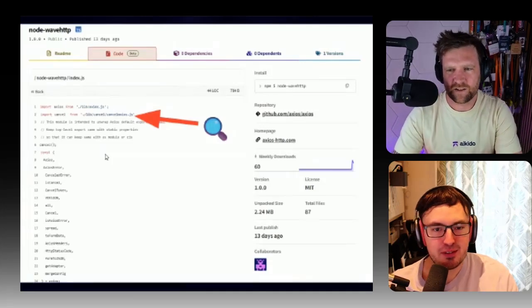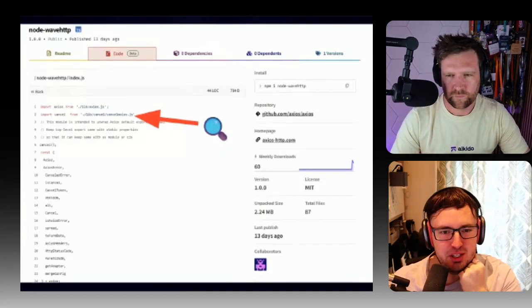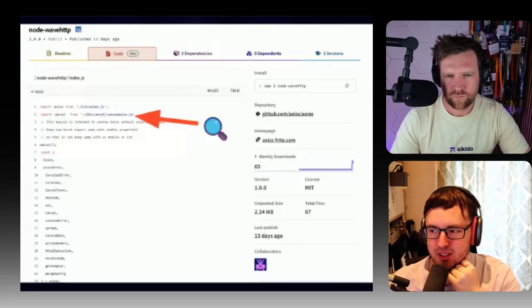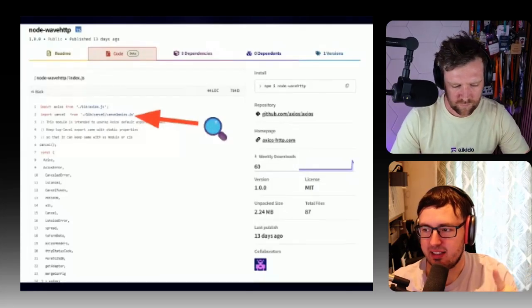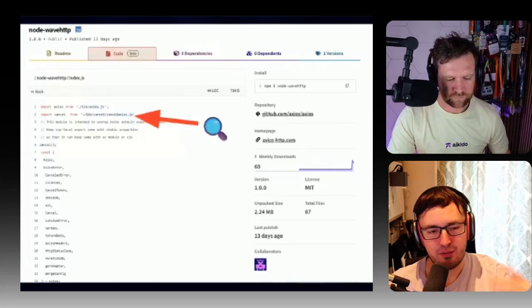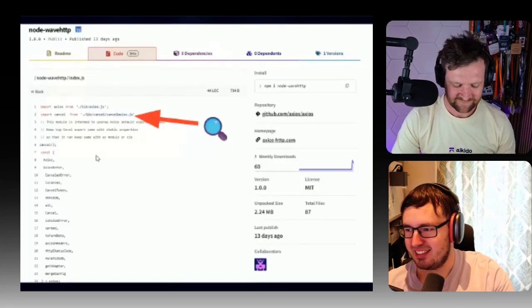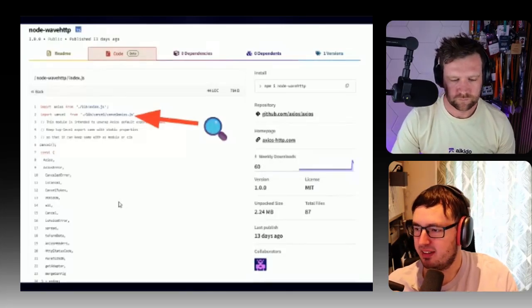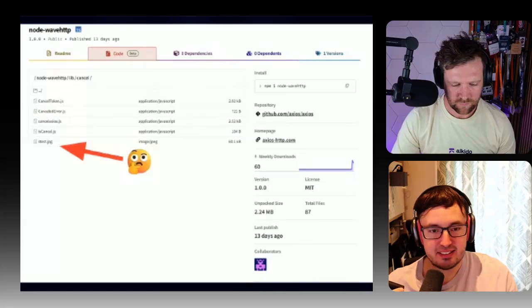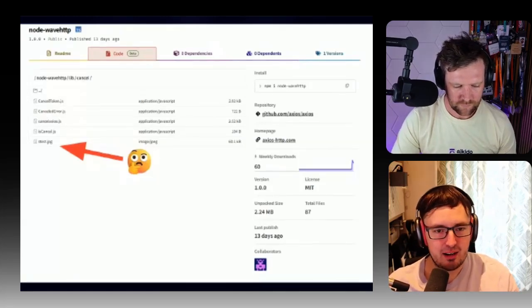Okay, so the first thing we go into in this case is the index.js. There's a little interesting thing that happens here, which is that it imports the file cancel Axios.js, and a couple of lines later, it calls a function called cancel. This is weird. I was like, okay, is this cancel culture gone too far? This is not what I would expect out of this package. So we'll have a look at the cancel directory first. And actually, some of these files are what you would expect from the Axios library.